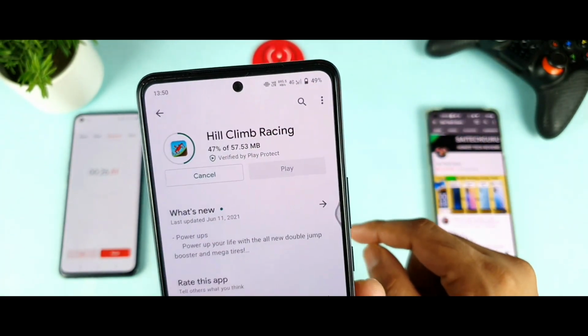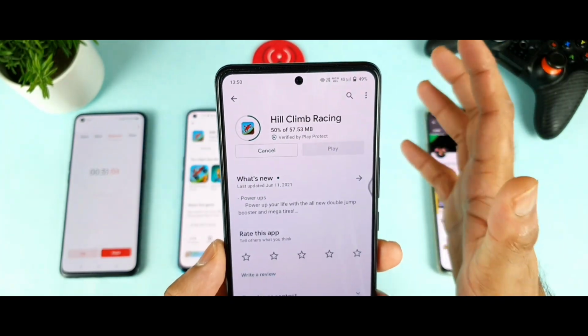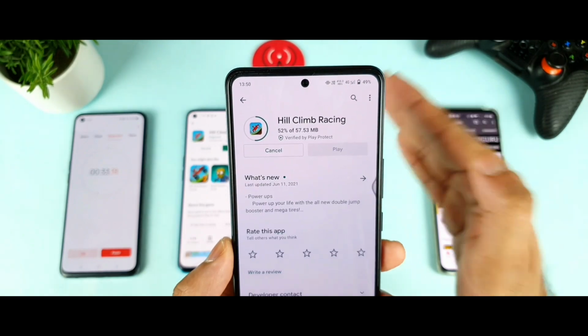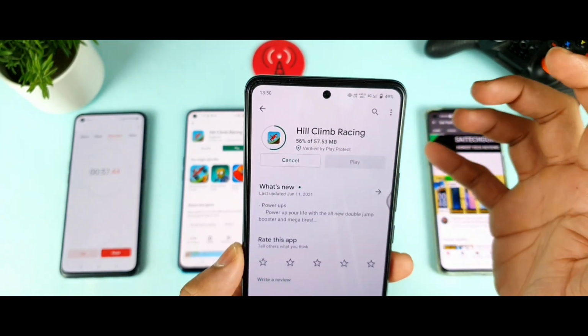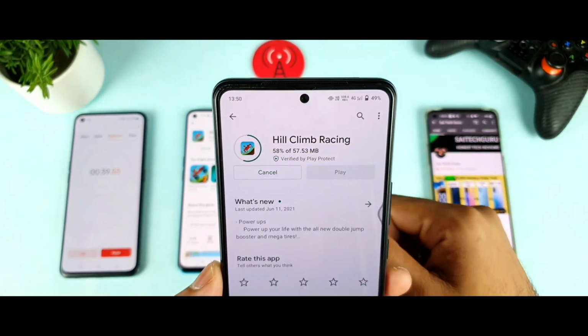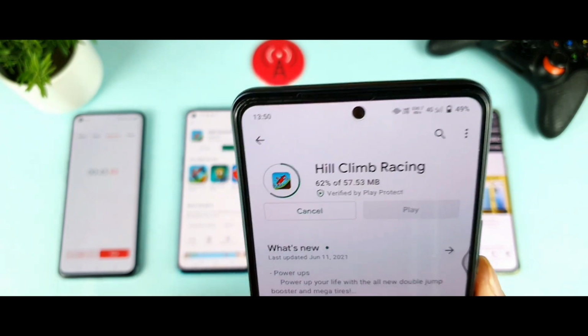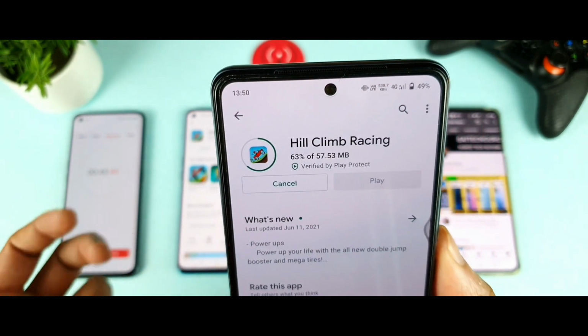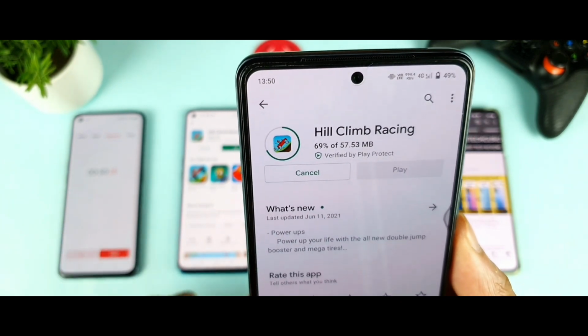So that is the reason I cannot come to a conclusion only in the beginning. I need to do in-depth testing in this way. I need to try multiple combinations, so only then can I come to a conclusion about which phone has what kind of speeds and what kind of problems. So right now 60%. In the beginning we did get very high speeds, but now we didn't get 66%, and the time already crossed the OnePlus device.